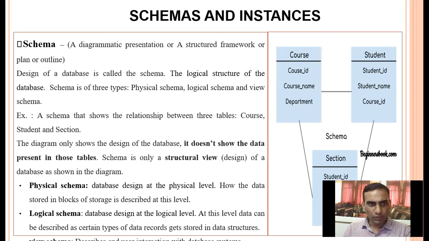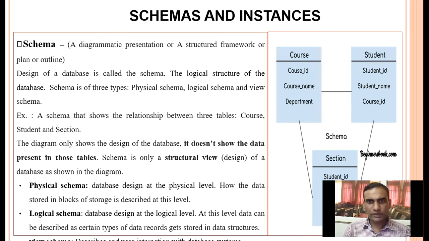And the view level: which user is going to view which type of data, this is called the view level. Suppose you have a student management system or college management system. At that time, which type of data is going to be viewed by each and every student, which type of data is going to be seen by your faculty member, which type of data is going to be viewed by your principal.